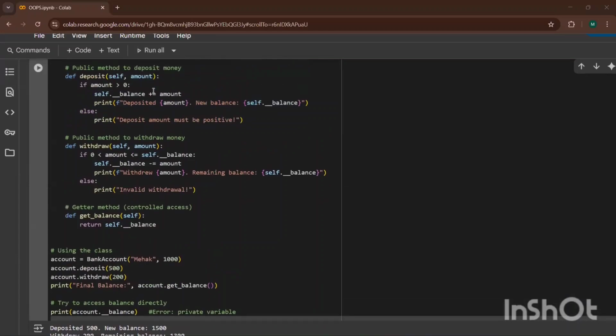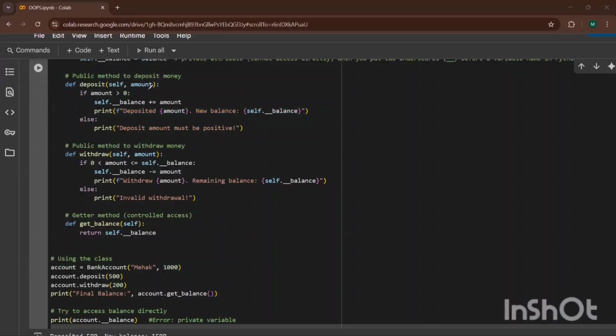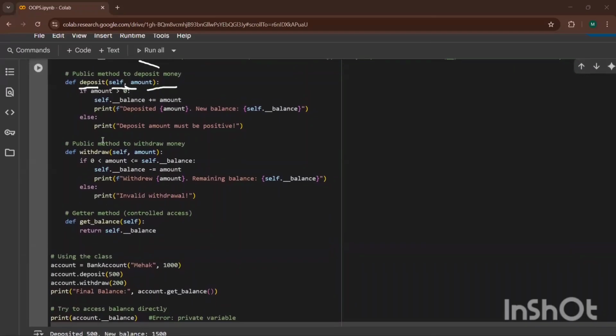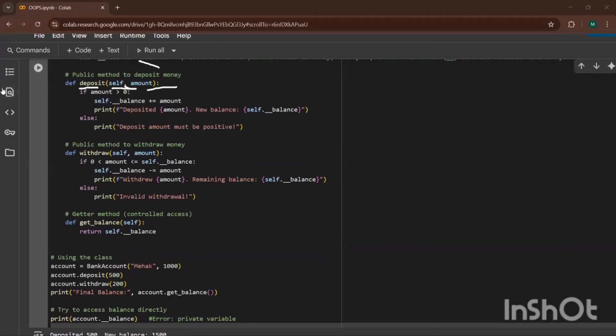Okay, Soumya, I'm explaining again. It is a public method to deposit the money. I am using def, the keyword, then deposit, the name of the function, a user defined function, and self, because I will be getting the balance and the owner, the attributes, from here. After that, I'm adding one more thing, that is amount.